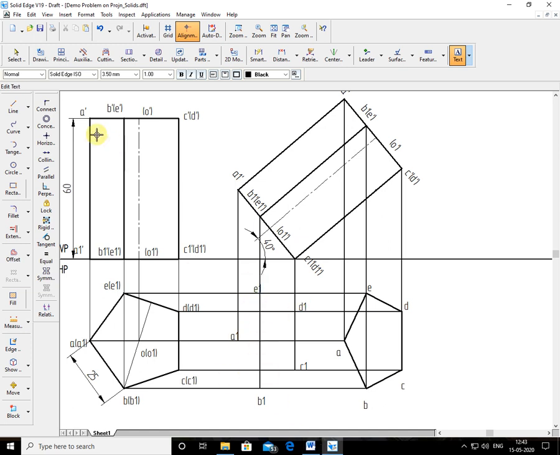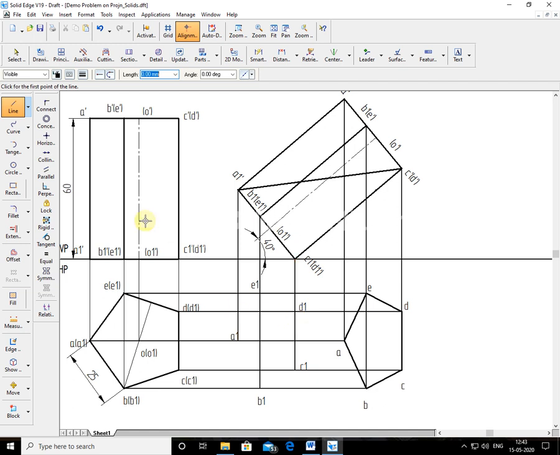Now, a very important thing you have to remember here. These are A, B, C, D, E and A. This is the pentagon which is the bottom base. So here this base is not seen. I told you about extreme points. Between extreme points, if I join here, this portion is seen. This portion is not seen. In this portion, some are seen, some are not seen. Borders are always seen.